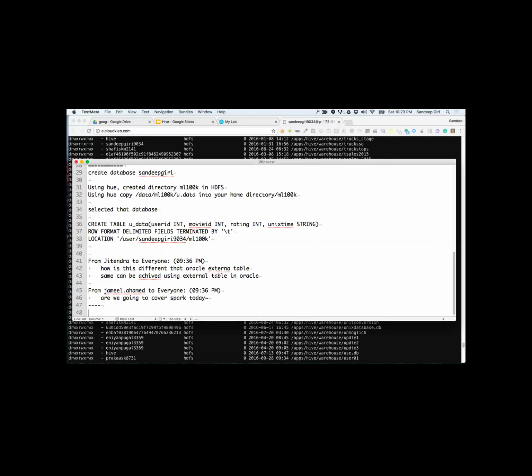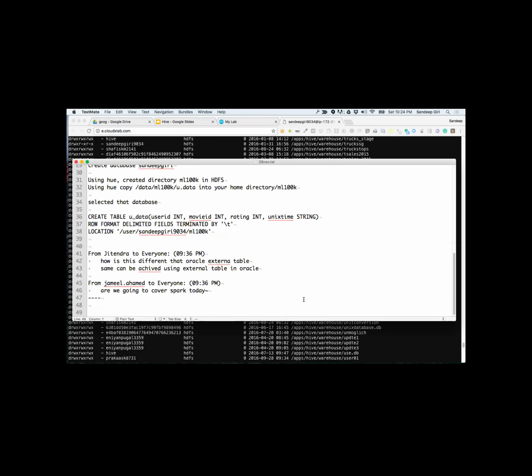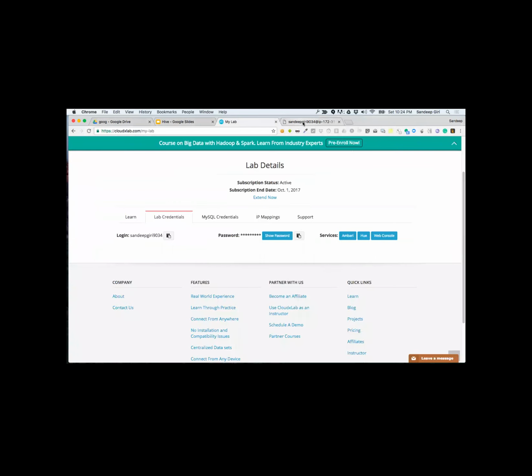And hence, when you say select star from u_data, any of the tables, u_data3 or 4 or 5 or 1 or 2, it will just give you 0 results. It will not give you an error saying table not found. It's just data not found. Good question. Very situational.